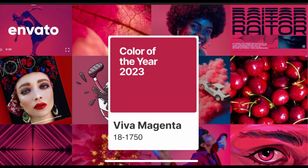Since this color is very specific, in general, I think I only found 2 eyeshadows in all of my collection that I thought were spot on dupes of that Pantone color of the year. However, I did find an inspiration picture online when I Googled Pantone color of the year 2023, and it encompassed a lot of the deeper, kind of berry shades as well as a little bit more pinky shades, and